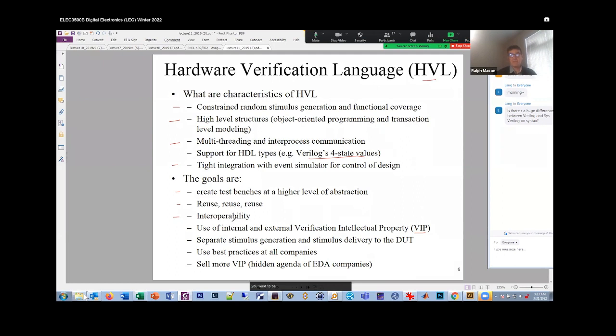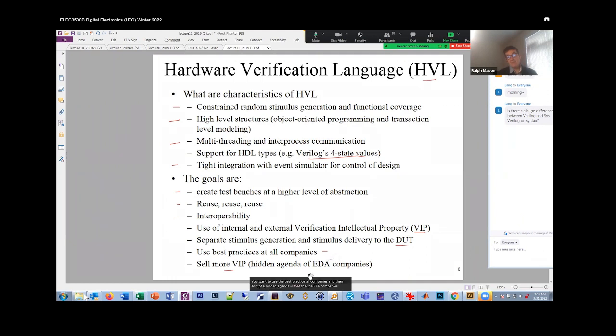So you want to be able to use that. So System Verilog supports that. You want a separate stimulus generation and stimulus delivery. We'll explain why that is in a minute. You want to use the best practice of all companies, and then sort of the hidden agenda is the EDA